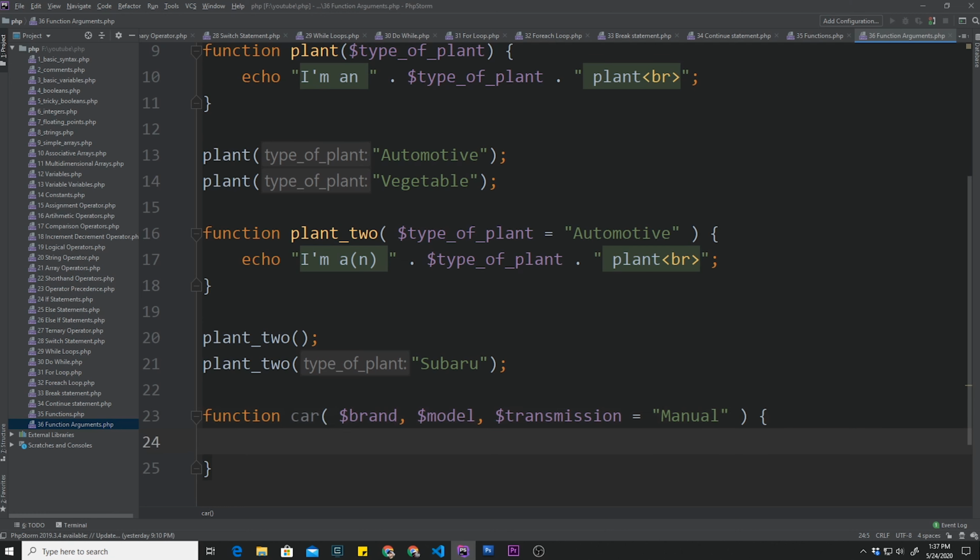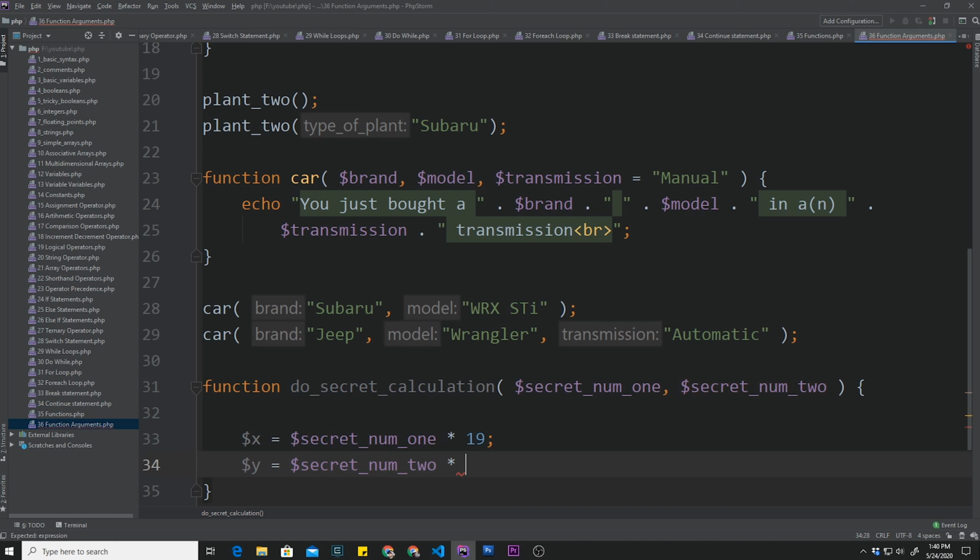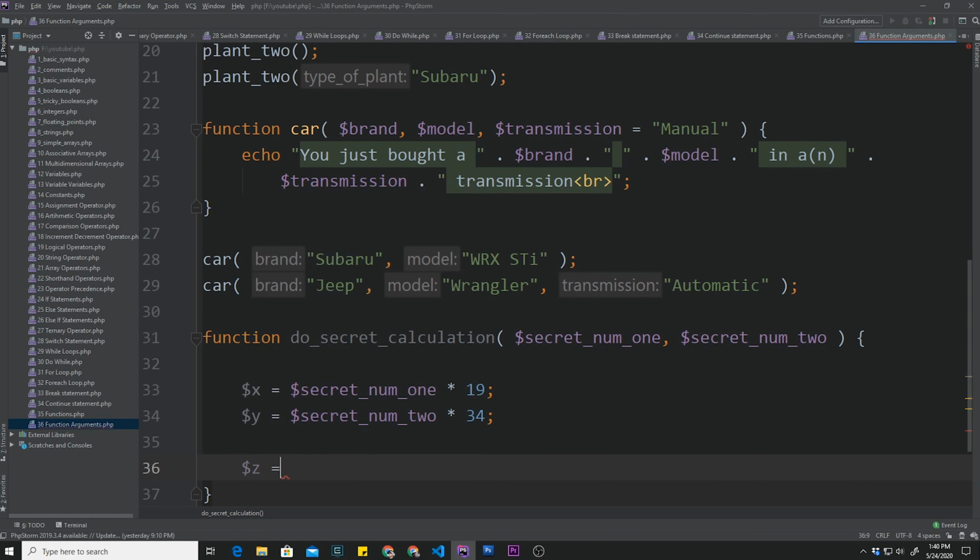So we'll do some kind of calculation in here. So x is secret number 1 times 19, and y is equal to secret number 2 times 34. And then we can say z is equal to x plus secret number 1 minus secret number 2